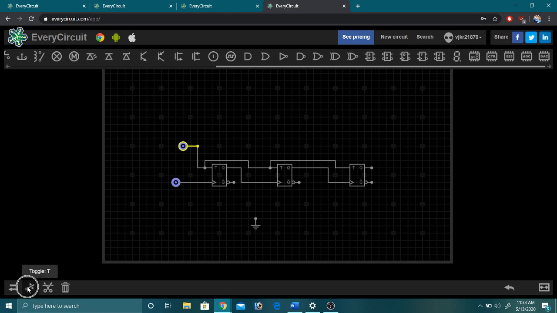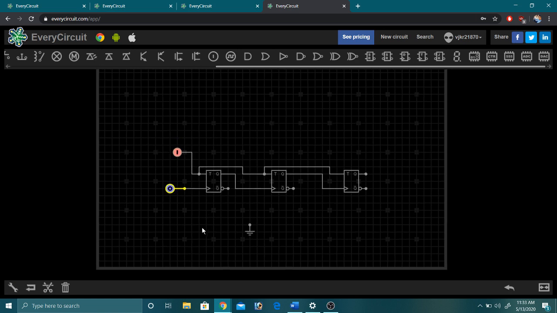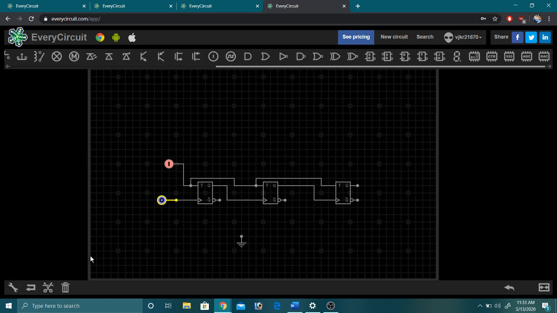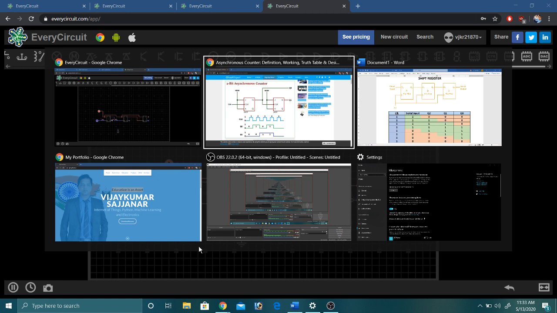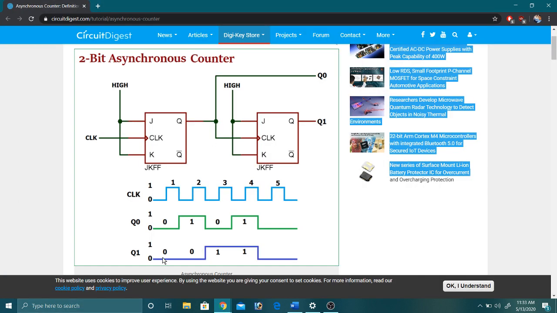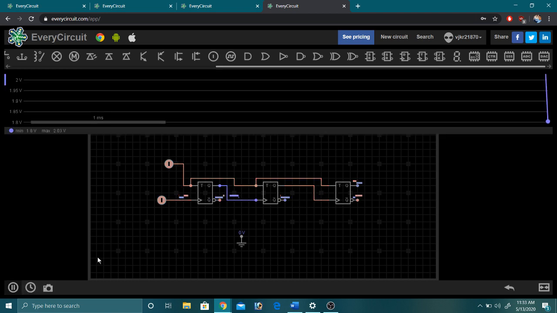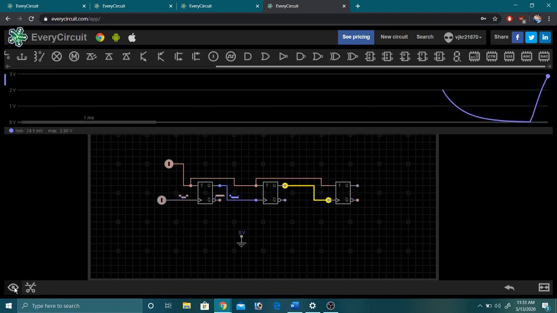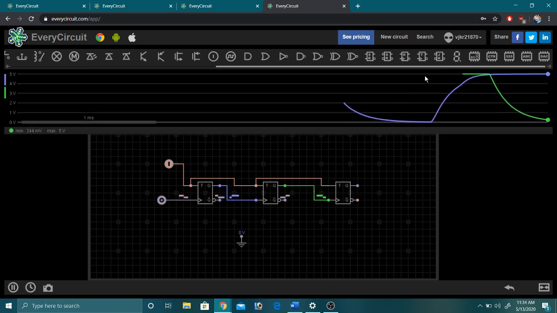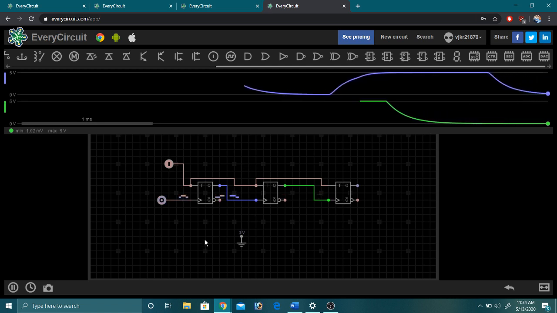So I'll use the toggle button here and make this 1. So I think we are good to go. Let's simulate it. One important consideration is, though we have a count written here as 0 0 0 1 1 0 1 1 and so on, the outputs that will be generated on the Q will be opposite here, means in the downward count.